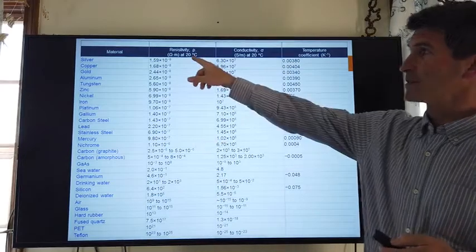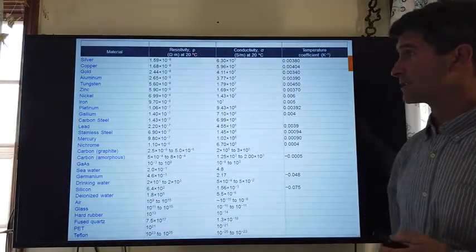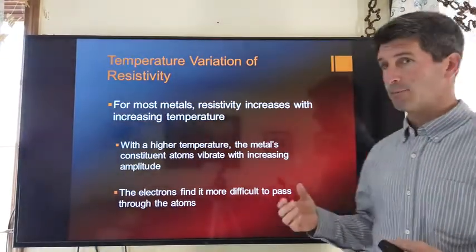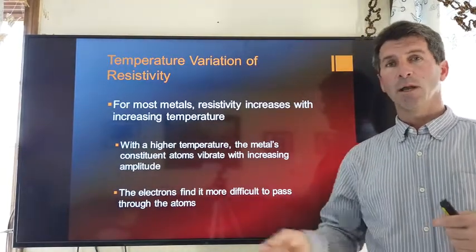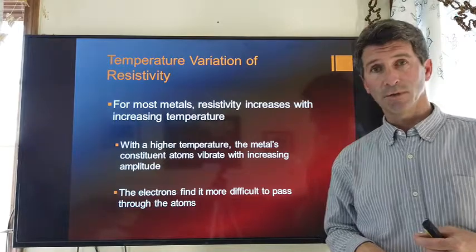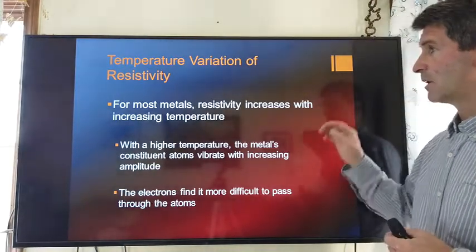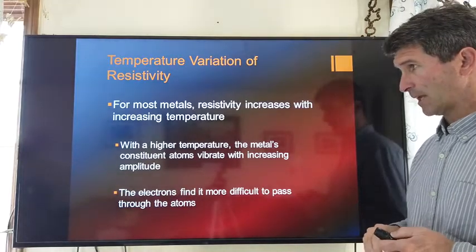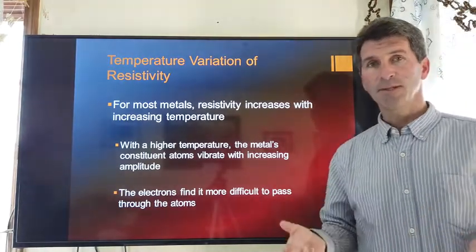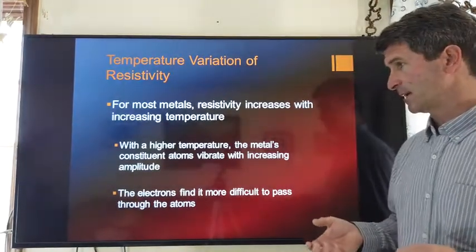These previous resistivities were at 20 degrees Celsius. As we heat a metal up, we're making the electrons go faster and faster. They collide more, and this is going to contribute to more and more resistance. So as we heat the metal, resistivity goes up, and it's actually easy to calculate the change in resistance, because